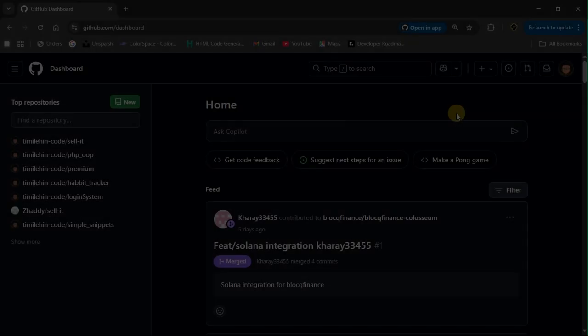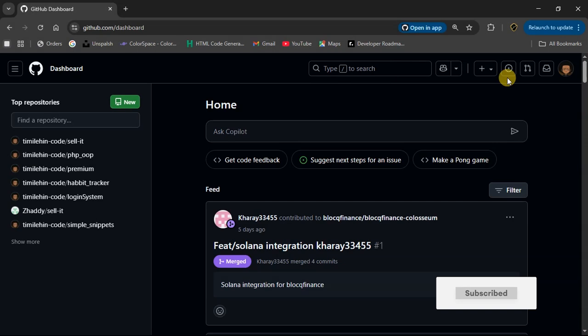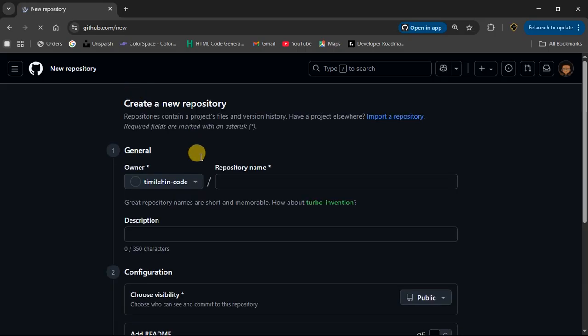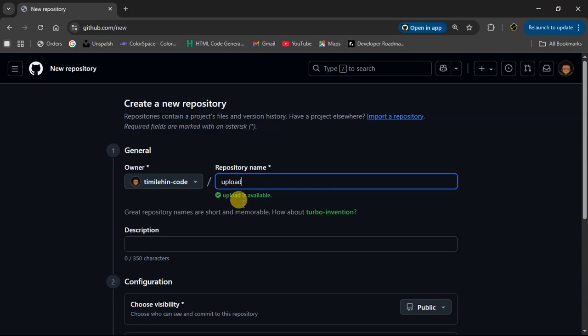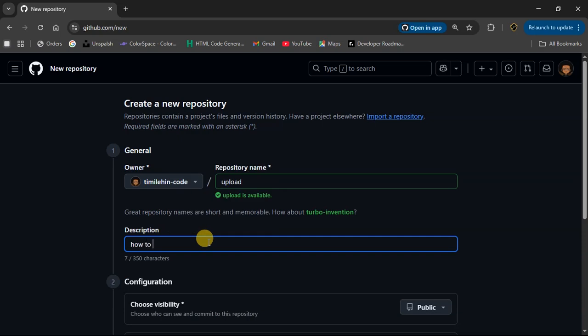So to upload to GitHub, you have to make sure you have a GitHub account. Like you can see here, this is my GitHub account, and you just click new. When you click on new, that's when you're trying to create a new repository. By doing that, you have to write the repository name. So let me just name it upload, and give it a description of how to upload